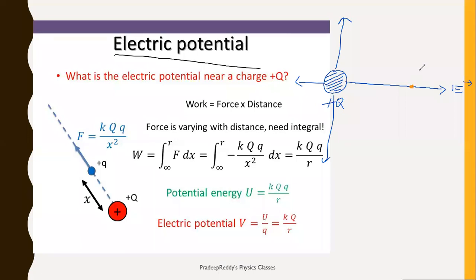I am taking a test charge. I already told you the test charge should be denoted with small q. It is, of course, a positive value. Now, if you are placing a test charge at some particular distance, I name it as, say, R1. This is the separation from the center to the test charge, R1, right?